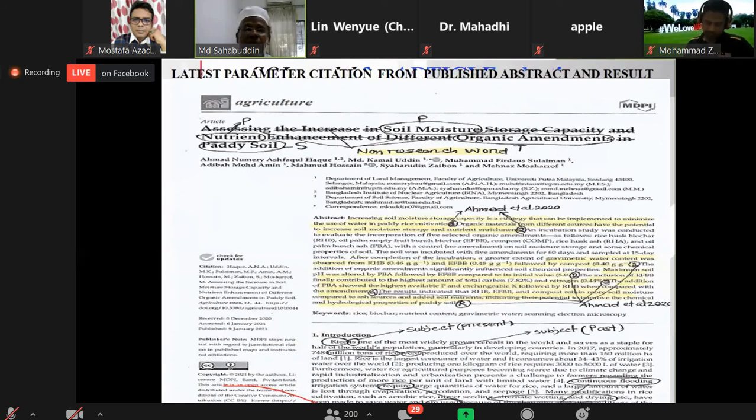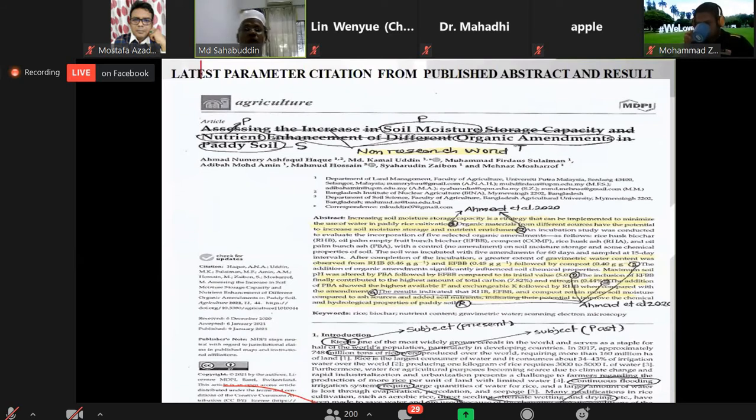Now you see here an example. This is a published article. In the article, you see how the STP model is applied. We already mentioned there are some non-research words and there are research words. If you delete the non-research words, the remaining words will be the keywords. This is the source of the keyword selection, the 5 or 6 keywords we write under the article. Actually, these words come from the STP or RIVDB. Here you see soil moisture, this word belongs to the parameter.